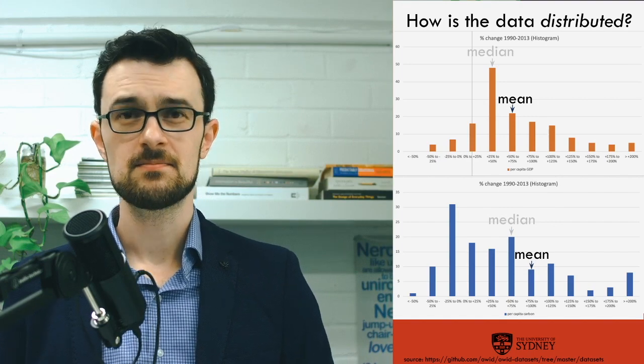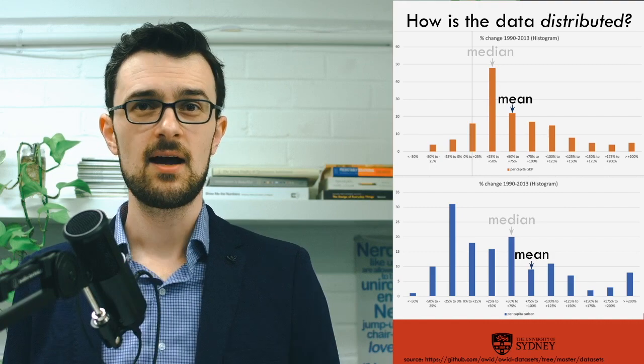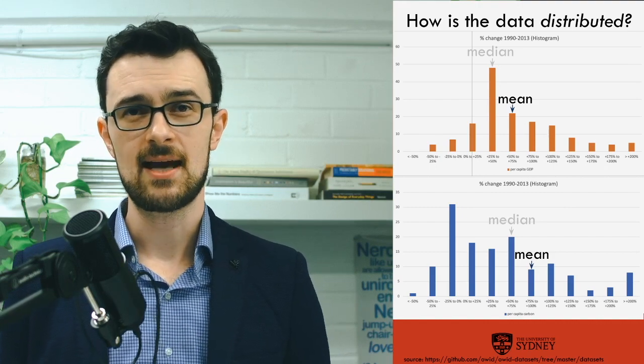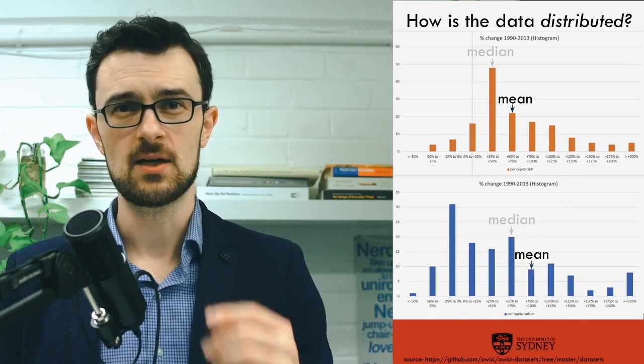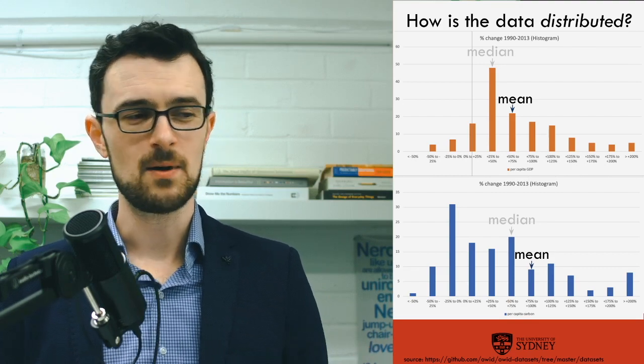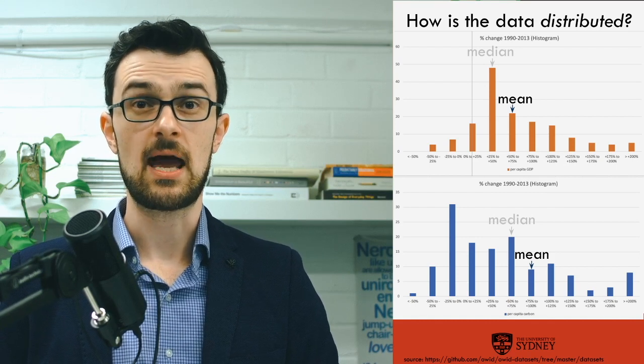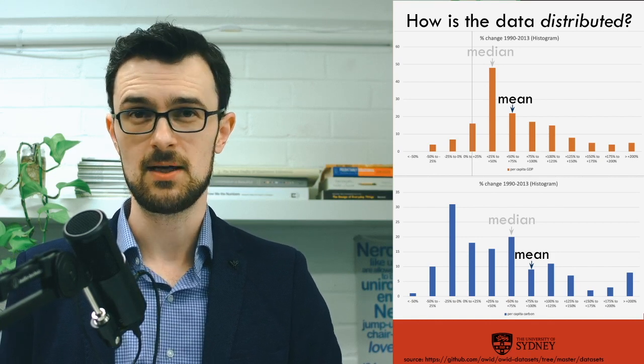The means, I left out the means. The means, of course, being slightly higher than those medians because of the right-hand tail, that is the skew towards a couple of very high numbers in both cases. The mean is affected more by outliers, countries like China, India, etc., that experienced absolutely crazy GDP growth over this time